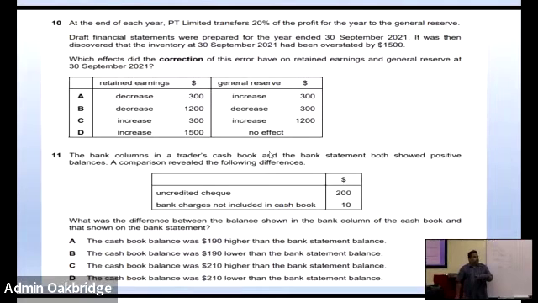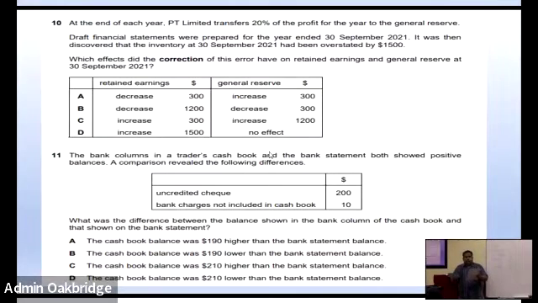Why 190? Because you have not yet done anything. It cannot be 190; forget about the answer. It has to be 210 because you have not done anything yet. If you have done something, that means you already updated your cash book, then maybe it's 190. But they have not done anything. So the answer has to be